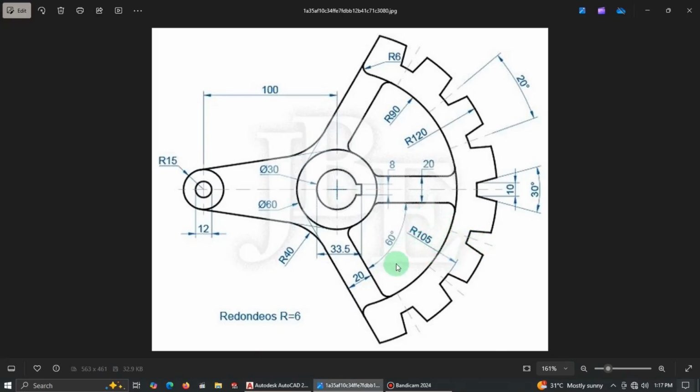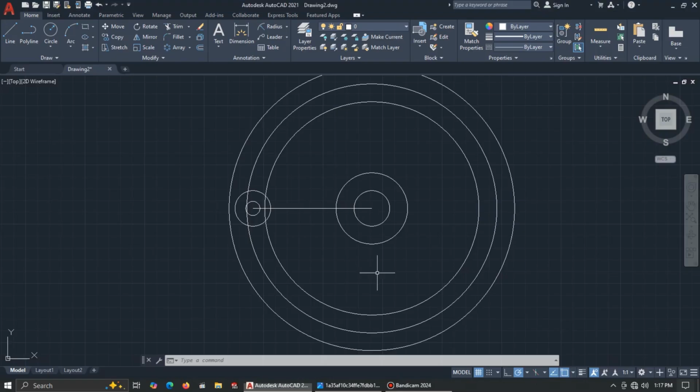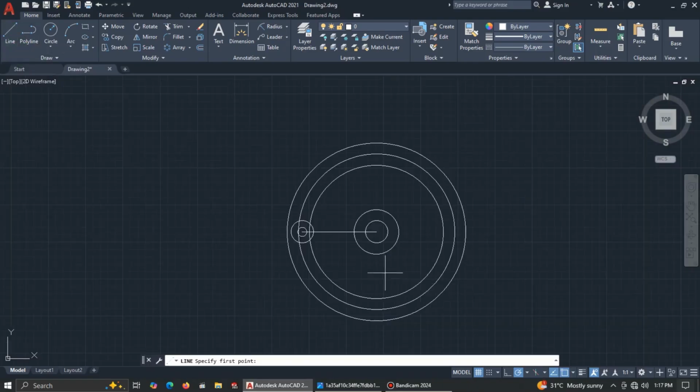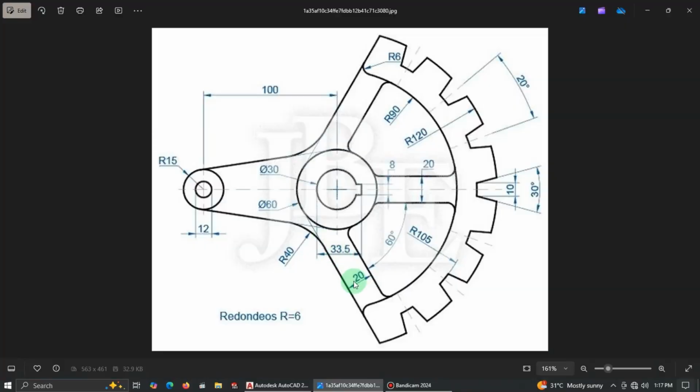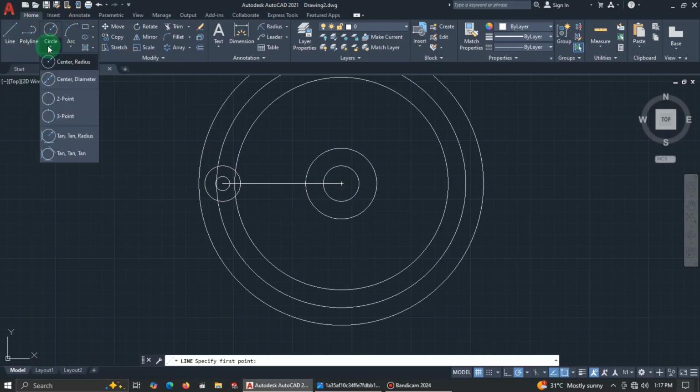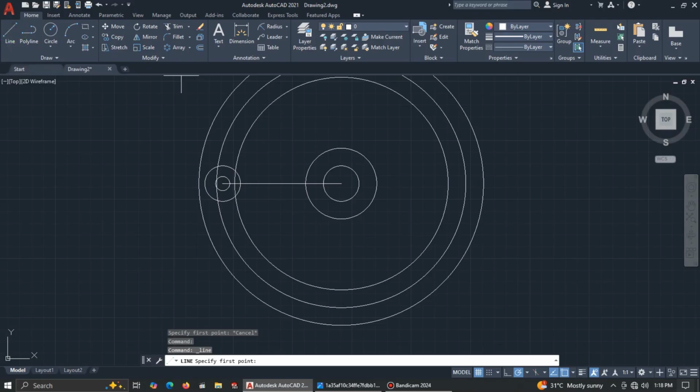Now let's see how we can draw this arc. Okay, so if you check, this is at 60 degrees to this line. The line over here is 60 degrees. So what we are going to do is we'll pick a line, and then let's see how we can, now see it's tangent to this as well. Okay, so let's just draw a line. So let's pick a line, and then when you pick the line from the center here, just stretch it like this, and then